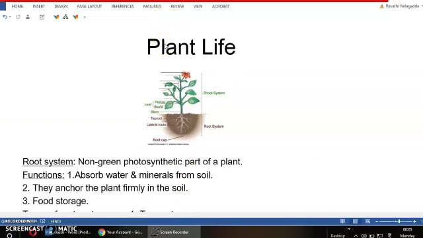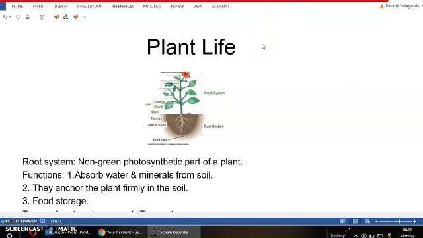Plants. Already we have studied in our previous classes what are plants, what are the parts of plants, what are the types of roots present, what are the functions of various parts of the plants. All these things we have already studied in the previous classes, and in this chapter, we are going to study some more detailed description about the plants.